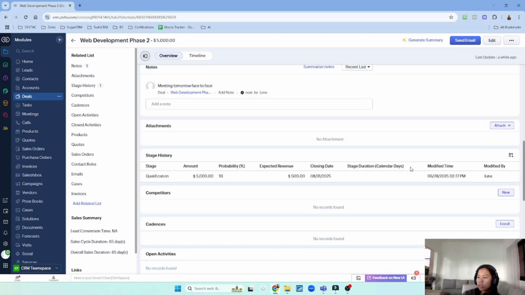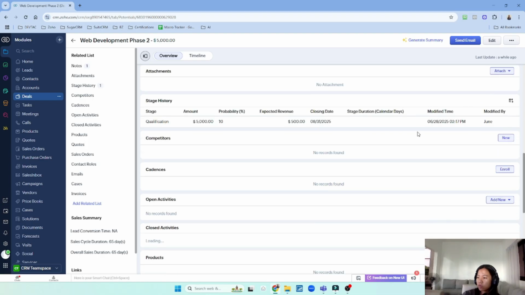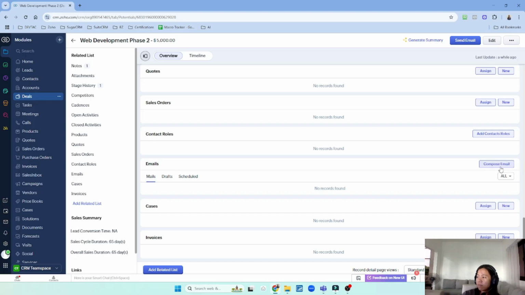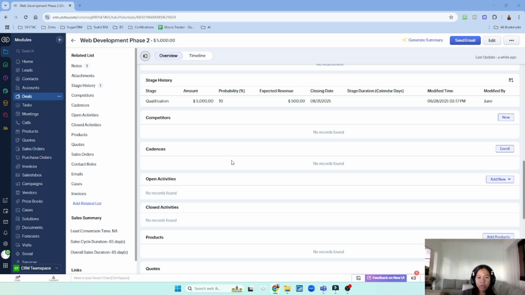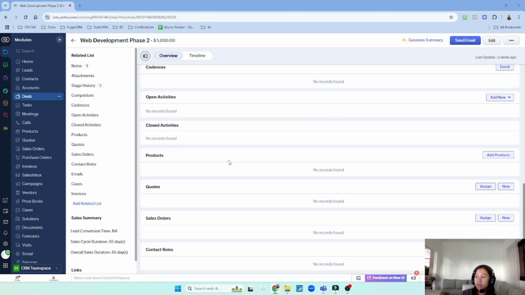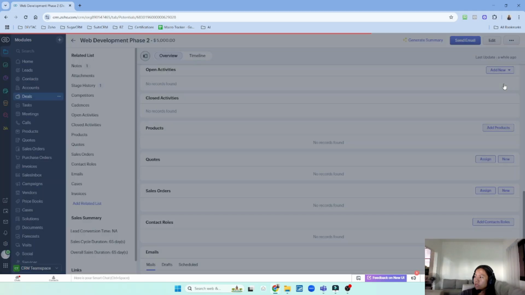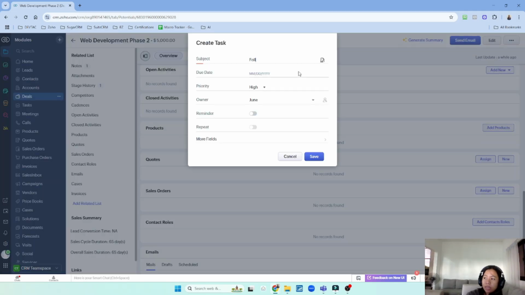Scrolling further, you'll find more information like adding attachments, the stage history, logging the competitors, adding the activities, sending emails within this record view. In this record we can log all customer interactions from tasks, calls, meetings, and emails. So simply click on the open activities and click add new where you can log or schedule tasks, meetings, or calls. See, for example, logging a follow-up task,